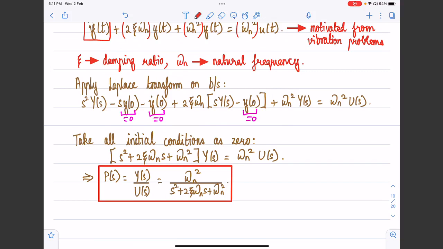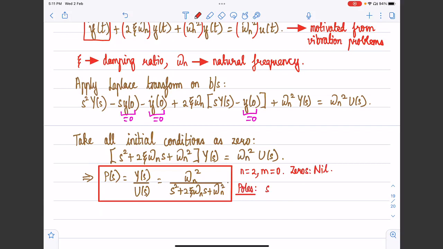First, we identify the values of n and m. The value of n is 2, the value of m is 0. Consequently, there are no zeros. The numerator is only omega n squared, so there is no polynomial of s in the numerator, so there are no zeros. And the poles are going to be